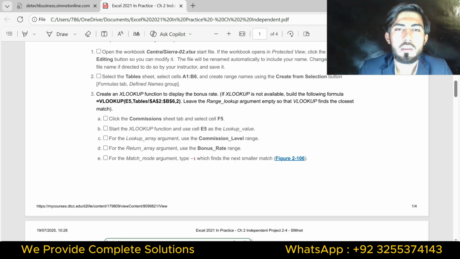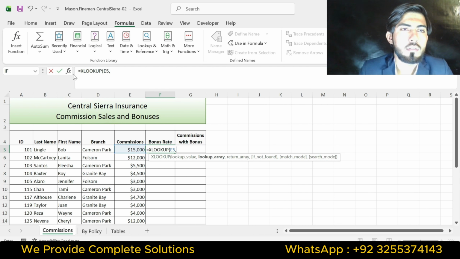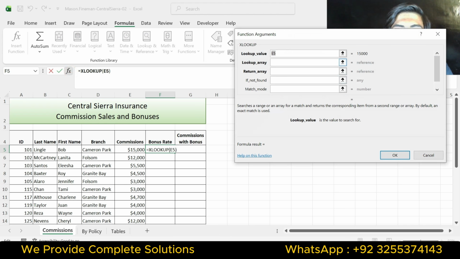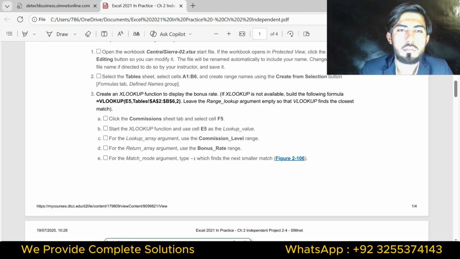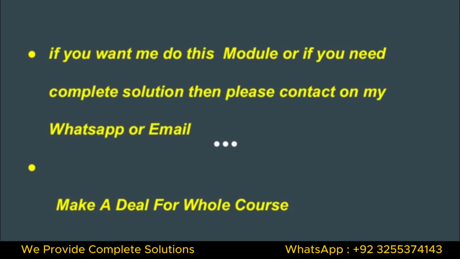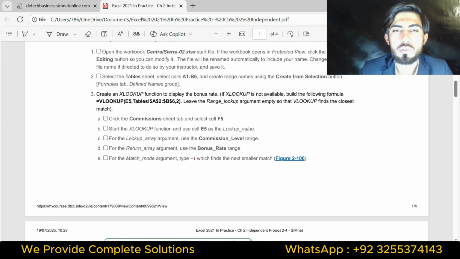So I will open the dialog box. So you can see the lookup value, lookup array, return array, if not found, match mode. So the lookup value is E5. Lookup value is E5 and for the lookup array argument use commission level.